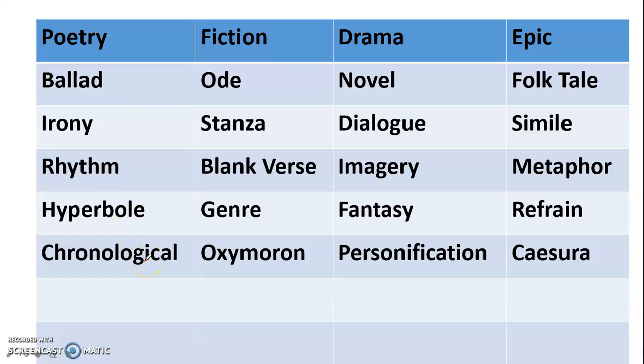Actually, every aspect of life has its own vocabulary, right? As an English student, there are some essential terms which are required to understand, right? And knowing these literary terms and their meanings will greatly enhance your learning opportunities and also enhance your understanding of English literature. Hopefully you already know most of these, but there is a definite list of what you need to know in order to understand in a better way, right?